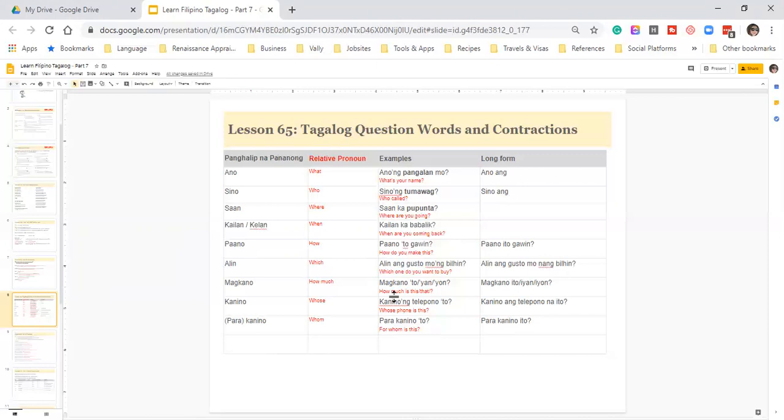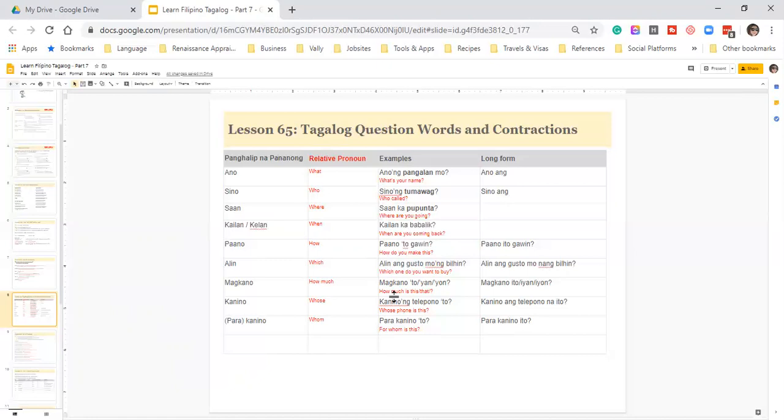Magkano ito ang apple? You don't need that, because ito is a pronoun. You can use that when you just want to gesture. Magkano ito? How much is this? But if you want to replace that with the general noun, whatever you want to buy, you could just say ang item, magkano ang item, whatever item you're asking for. For example, you're buying bananas. You want to ask how much is the banana. Magkano ang banana? Yes.